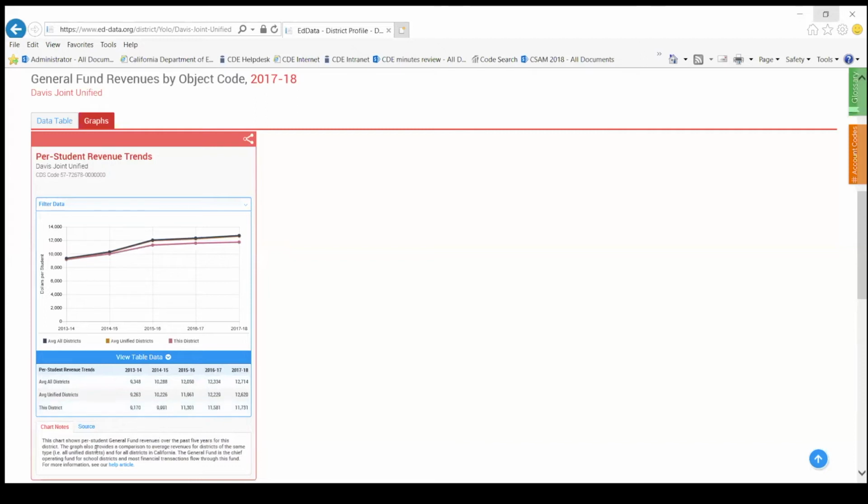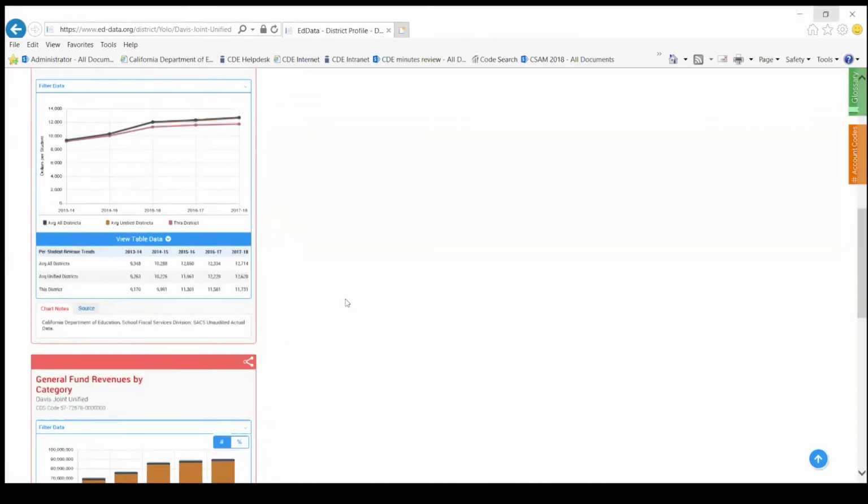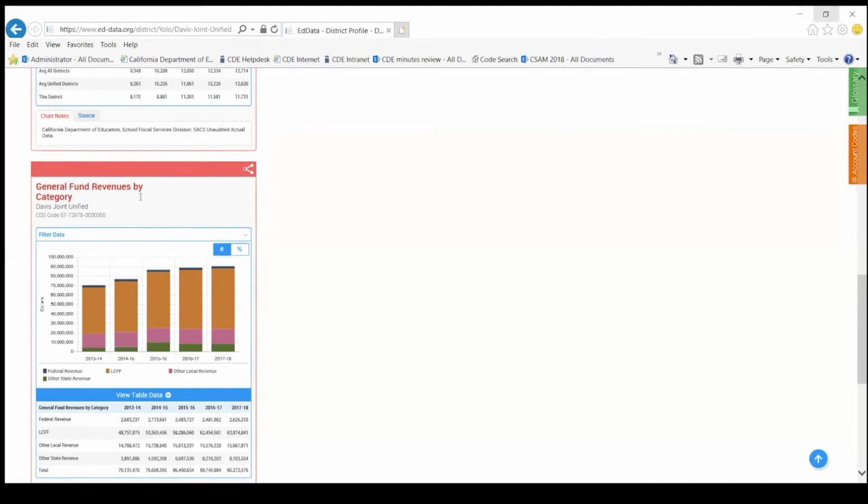Chart notes describes what you're seeing. And then source tells you it did come from CDE's, our division's, unaudited actuals data collection. So there's that, and then there's also general fund revenue by category. This is just a nice graphical display where you can visually see how much of their revenue came from each revenue category for each year. You can see overall revenue did trend up, but of course the bulk of that revenue is LCFF, and that makes total sense. That is the bulk of most